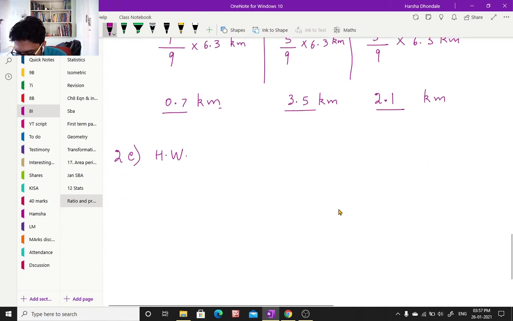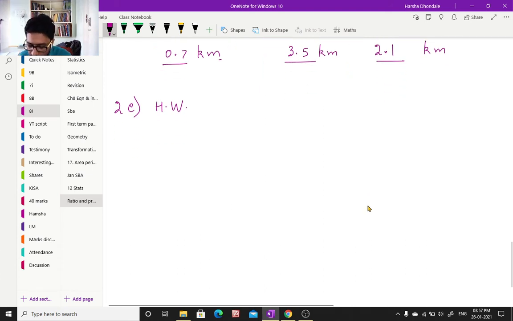Then the third one: write each of these ratios in its simplest whole number form. Here the heading specifies that you have to give it in simplest whole number form, but even if they don't specify and just say give it in its simplest form, simplest form implies that you write it as something is to something, always in whole numbers rather than a fraction is to fraction, or a decimal is to whole number, or decimal is to decimal. It should be a whole number is to whole number, and both the whole numbers should be in their simplest form.